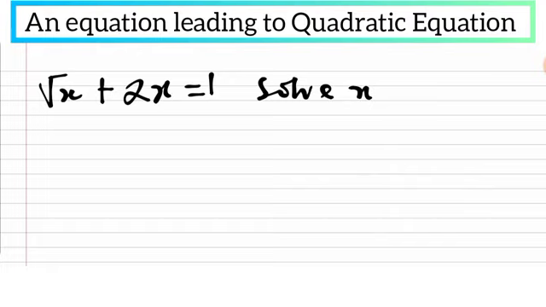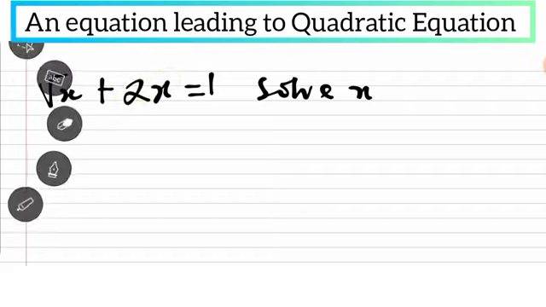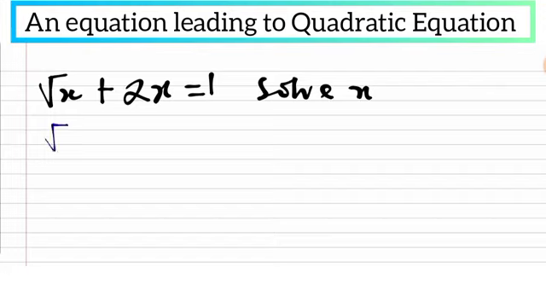Now if we want to do that, the first thing we need to do here is that we try to send this to the right hand side. Okay, then we are going to have this root x equals to 1 minus what? 2x. So now from here, the next thing we are going to do is to square the both sides,